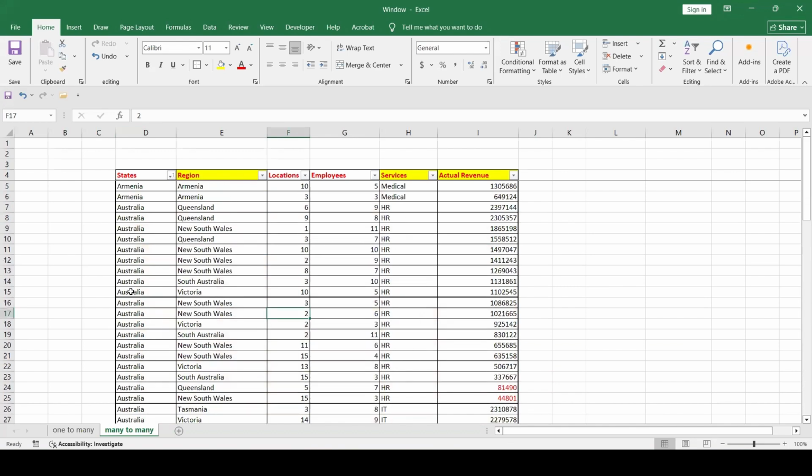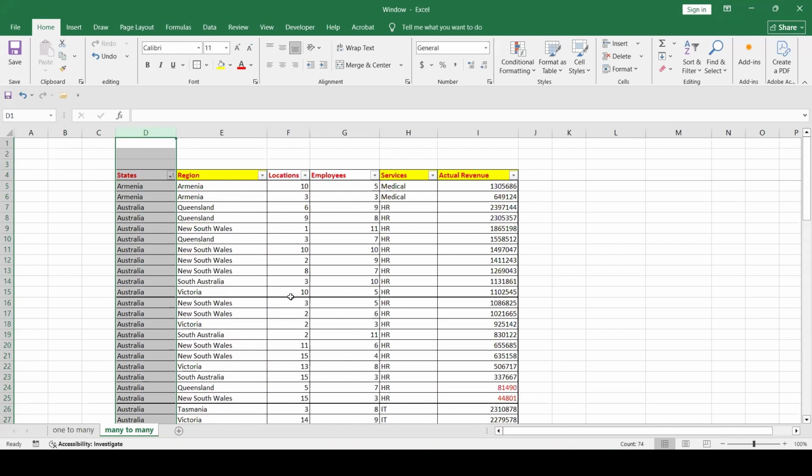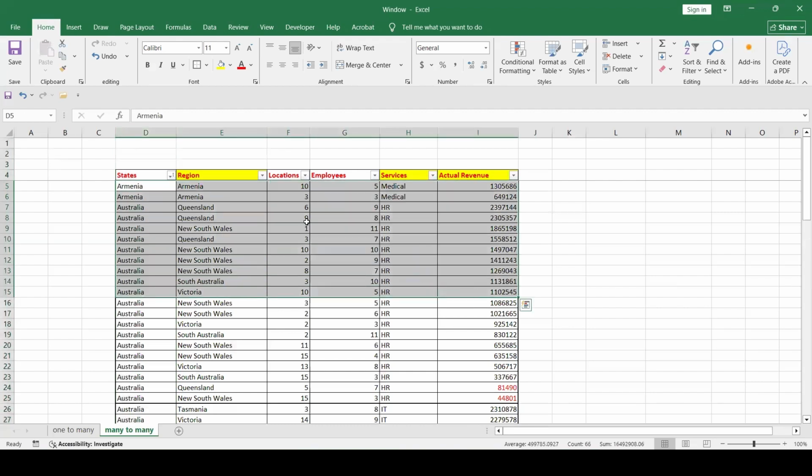So actually, it is a problem with this kind of tables where the first column has duplicated names, because once we start with the first column, it will look also at the names of the states, but also at the actual revenue, and it will be very difficult to take the data simple, the first 10 rows, for example, as we did in the first scenario. But there is a trick.